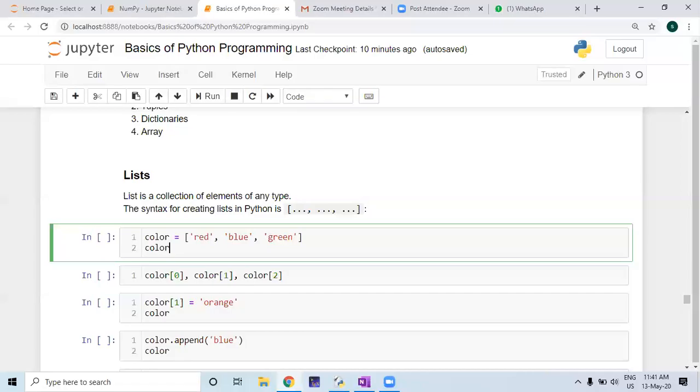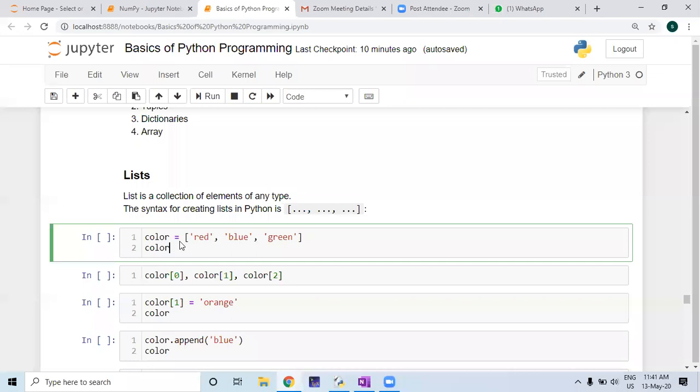The fundamental difference from the variable you started with is that a variable held a single value, but here the values are not single. It is more than one value. Say color: in a conventional way, I could have expressed it as color equal to red. But color is not a single color. There are 7 colors, and I have picked up 3. So when you are handling more than one value for a particular variable, it is better to represent it in the form of a list. That's what we have done here. I have defined a variable called color, and it represents 3 colors: red, blue, and green.